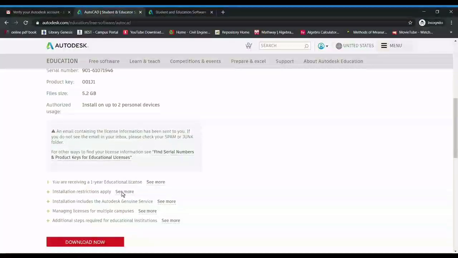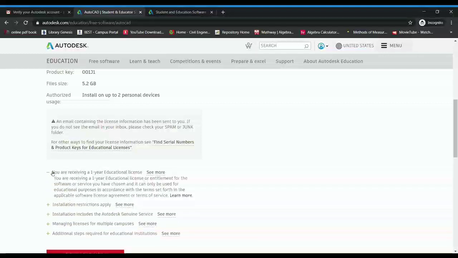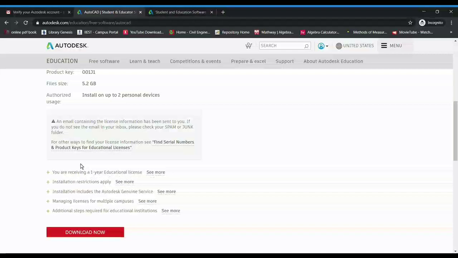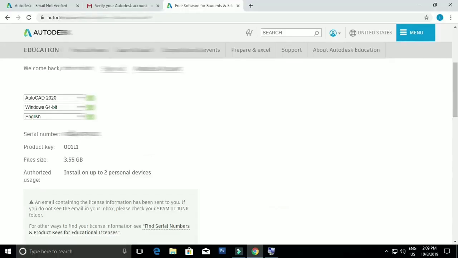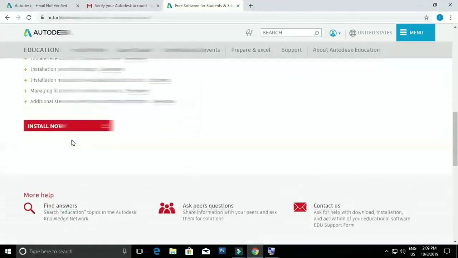So nowadays the free is for 1 year. You can see here. So after it you can read these parts. Now you can scroll down and there you will find install now button. Beside it there will be an arrow key. You can press on that.